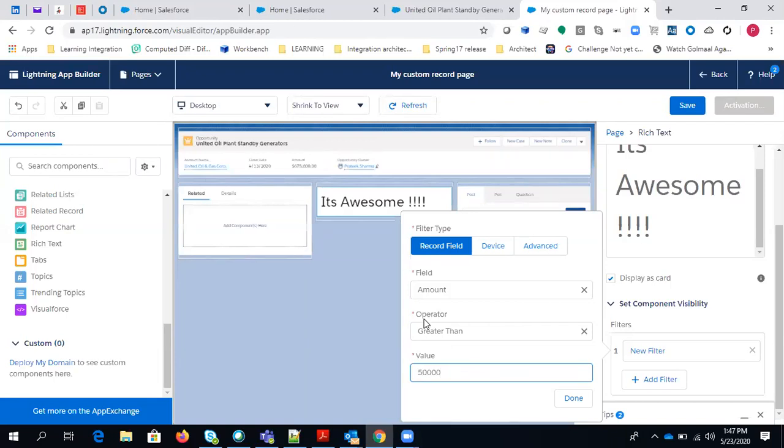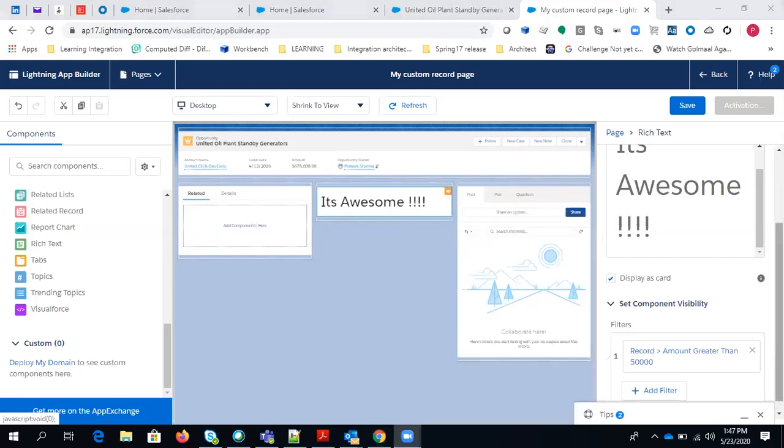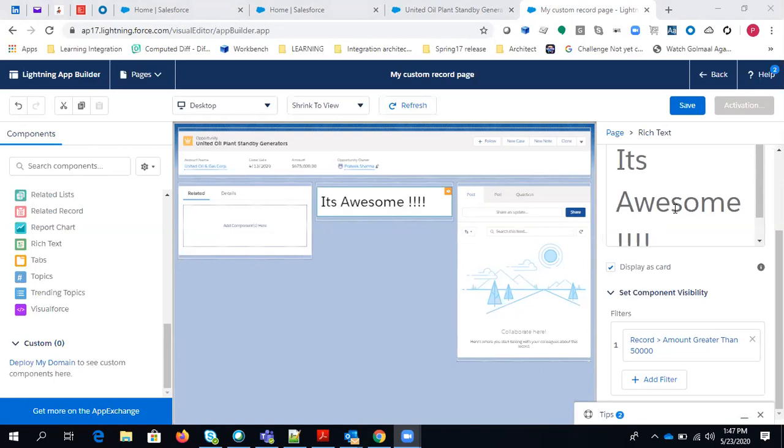So that is done. We have created the dynamic rich text with the condition that if the record amount is greater than 50,000, then this particular text will be displayed.